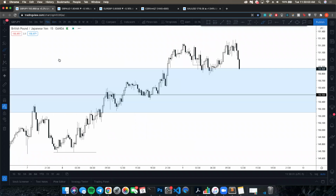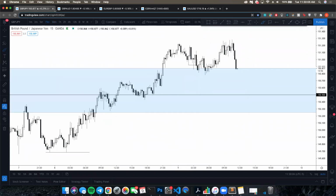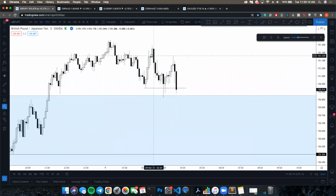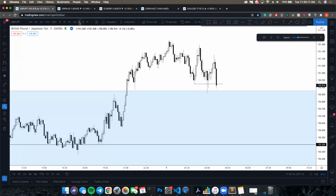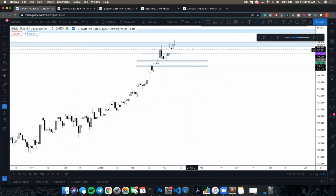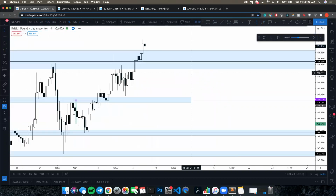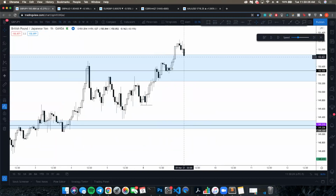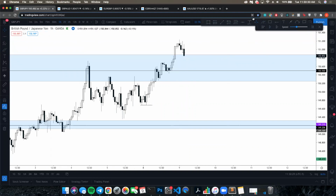But yeah, let's start off with GJ. GJ wasn't the cleanest, but we still got to move in. We'll rewind it back to London Open, or we'll just go back before that. So watching GJ, it was above this daily supply zone, floating above this daily supply zone. So we were looking for some sort of higher low for possible continuation, right? And it had created an intraday high at